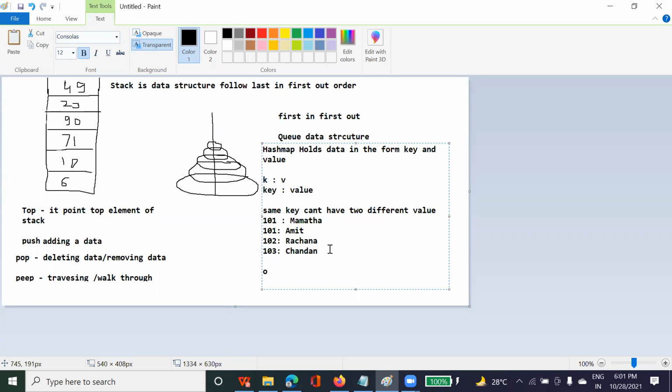If I say one key can't have two different values, here 101 Mamata and 101 Amit is not possible. But what if I say two keys have the same value? Is it possible? Try to understand with an example.